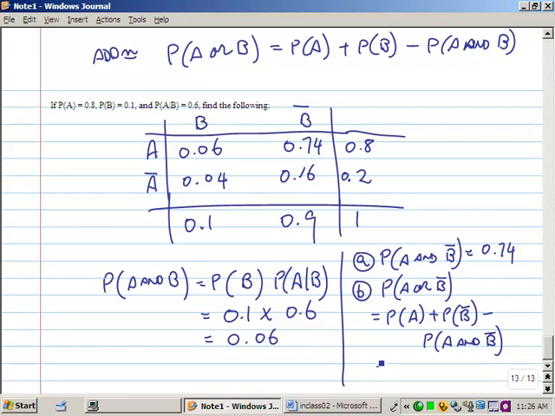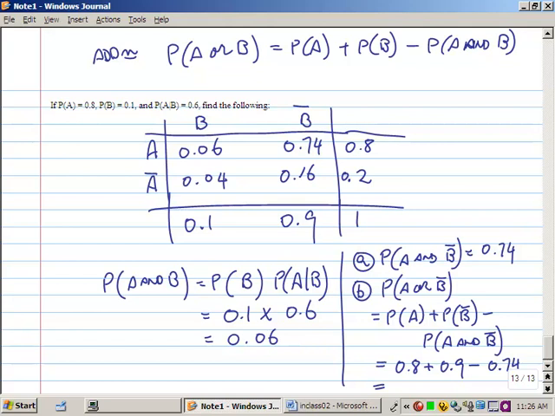Alright, so continuing with this, part B, probability of A is 0.8 plus probability of B bar 0.9. Alright, together those probabilities add up to greater than 1. And so we have to subtract the overlap, A and B bar, subtracted out 0.74,